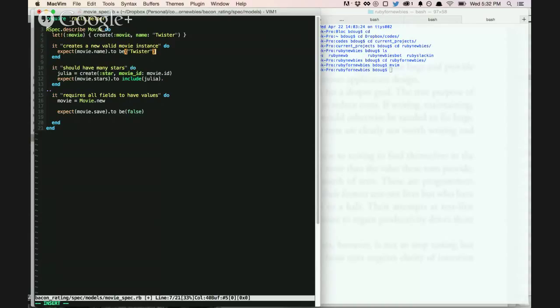Yeah, that makes sense too. But yeah, just like tests that cost a lot to write. What I see a lot is you'll create a movie and pass in the name Twister, and then you'll create a test expecting that movie's name is Twister, which is a great example of how testing works, but not a great example of actually writing good tests. Because if you're passing in Twister, you don't want to test to make sure you're getting Twister back. That would be silly. But rather you would test that maybe